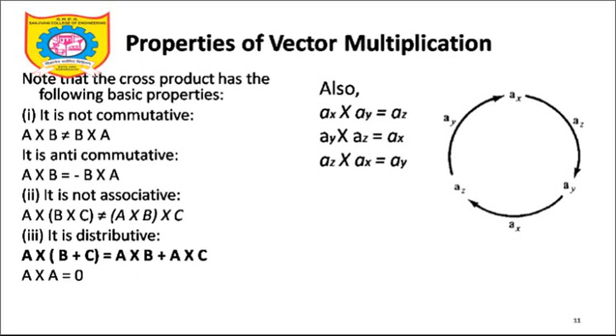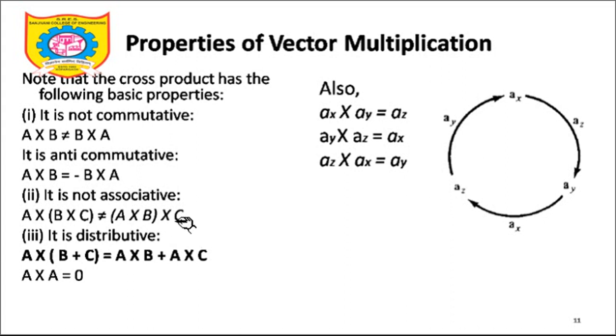Now whenever I am talking about the cross product, try to remember one thing. The laws which are applicable to the dot product are not necessarily applicable to the cross product too. So A bar cross B bar is not equal to B bar cross A bar. Rather, A bar cross B bar is equal to minus B bar cross A bar. This minus sign plays an important role when we are dealing with the cross product. We will see this in more detail when we see the applications of this vector product in our subject. At that time it becomes easier for you to understand.